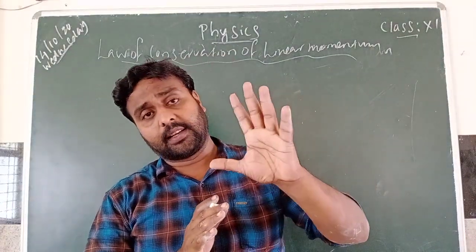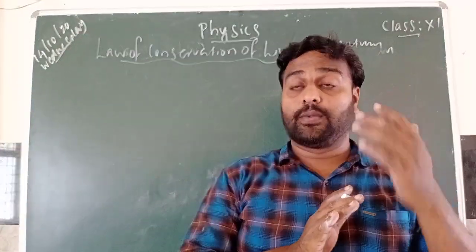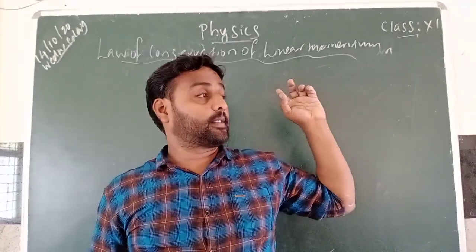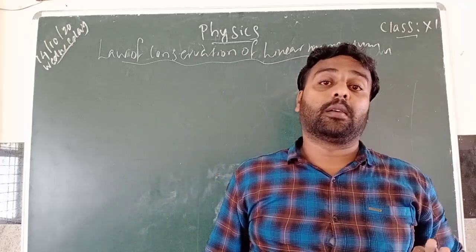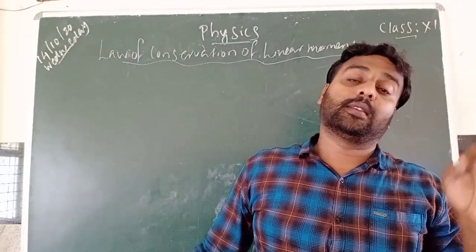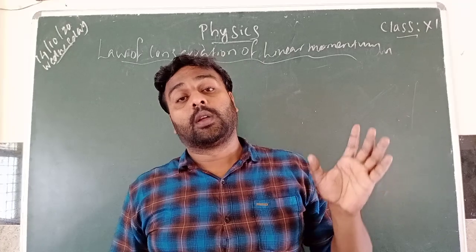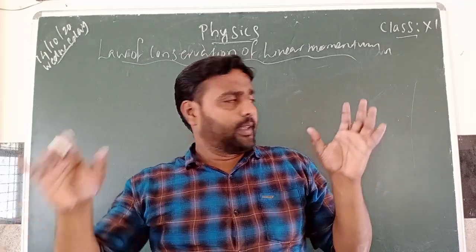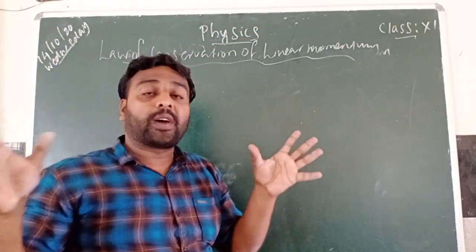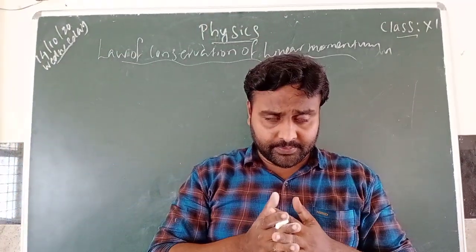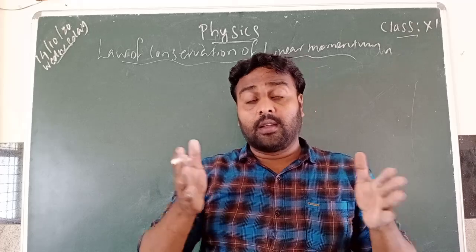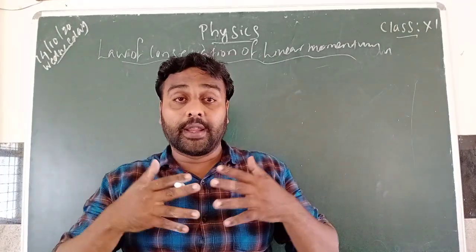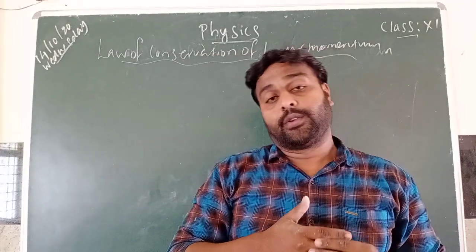In mechanics, we are using three conservation laws. The first one is the conservation of energy. The second one is the conservation of total linear momentum. The last one is the conservation of total angular momentum. Assume that two particles interact with each other. This conservation of total linear momentum is found by combining Newton's second law and Newton's third law.